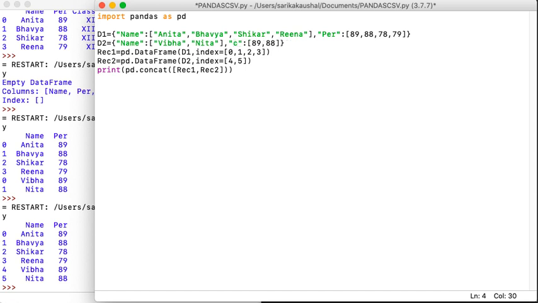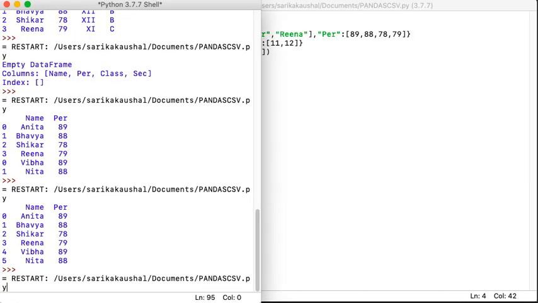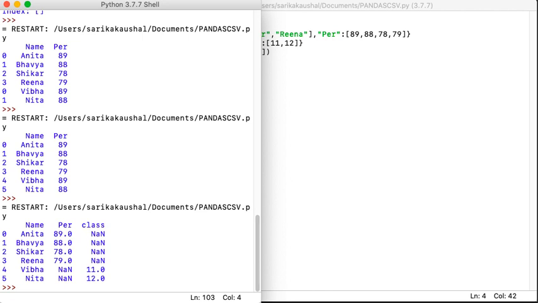so अगर हम इसको यहाँ पे class कर देते हैं और यहाँ पर हम कर देते हैं कुछ भी वैल्यू कर देते हैं से 11 एंड यहाँ पर हम वैल्यू कर देते हैं 12 और हम इसके बाद इसको एग्जीक्यूट करते हैं, सो नेम और ये के साथ एक क्लास ऐड हो जाएगा, बिकॉज पहले 4 रिकॉर्ड्स के लिए हमारे पास कोई क्लास की ऑप्शन नहीं थी. देयरफॉर you are going to see NaN 4 places.